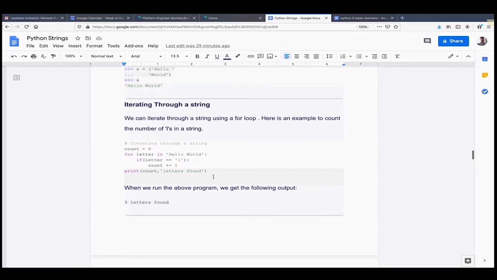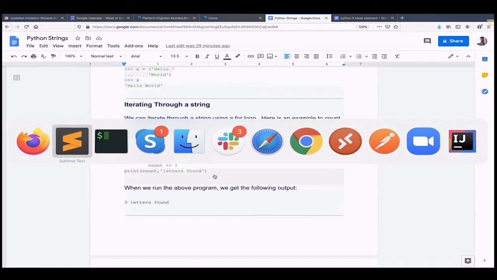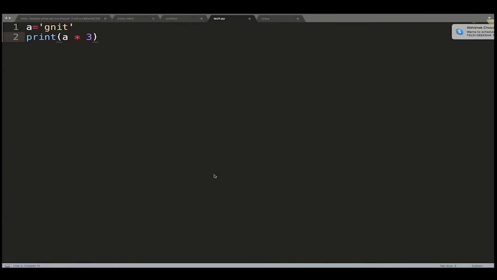Nothing else. Iterating through the string. If I want to iterate over a string, how can I iterate over this?